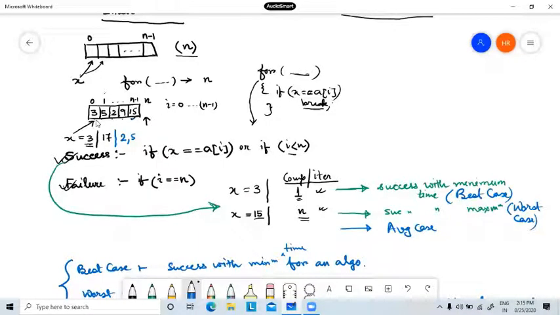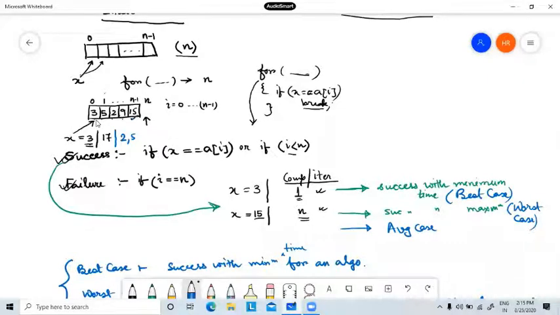Similarly, how will I get the worst case? If I'm searching from the front and my element is at the end, then this is the worst case. Very clear? Or you can definitely say success with maximum time.